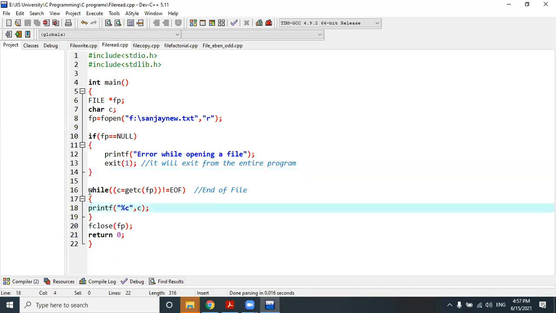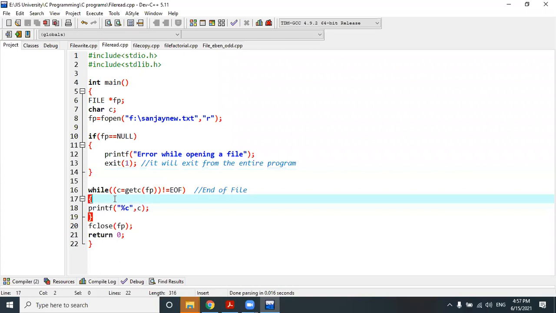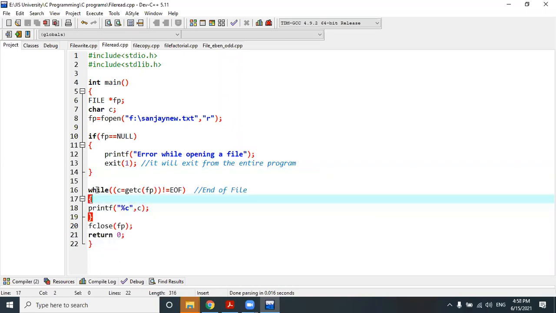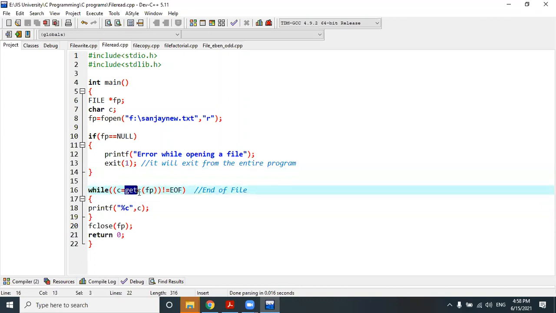So in that case, it will perform this reading operation. What is the job of this reading operation? I am running a while loop and then the getc function. What is the job of the getc function? It will read one character at a time. Here, instead of getc, you can use fscanf, and you don't need any while loop or for loop for using fscanf. That I will give you to explore at your home: how we can use fscanf.